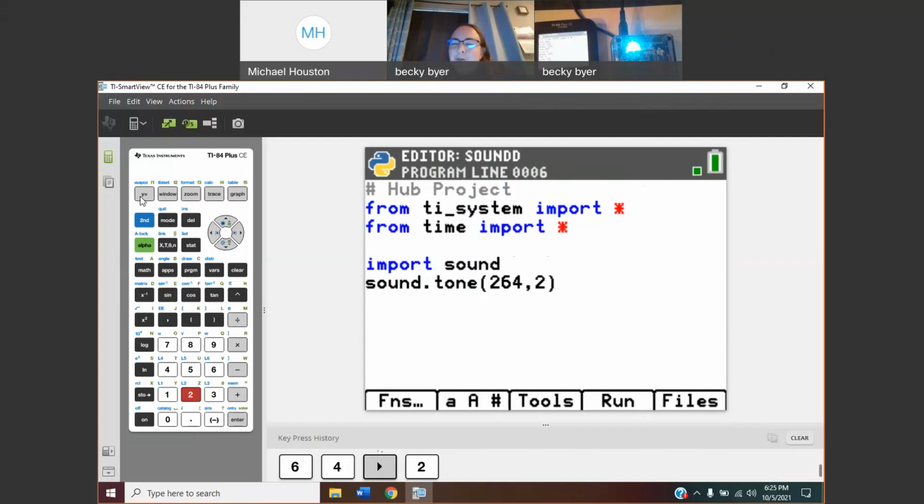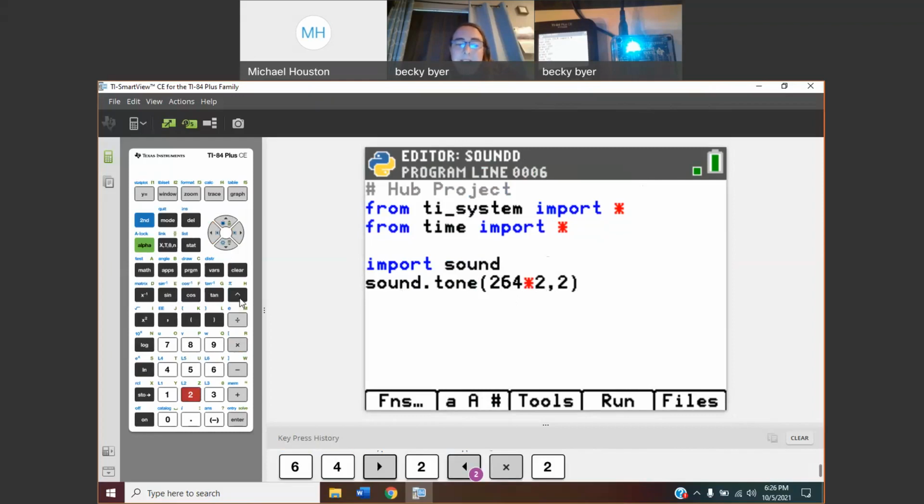Okay, so to go from one note to the next note, they're actually related by the 12th root of 2. So a fun project to do with your students is to take middle C, and you can say, let's multiply it by the 12th root of 2. I like dealing with exponents more than I like dealing with roots. And so I would tell my students to raise it to the 1/12th power,